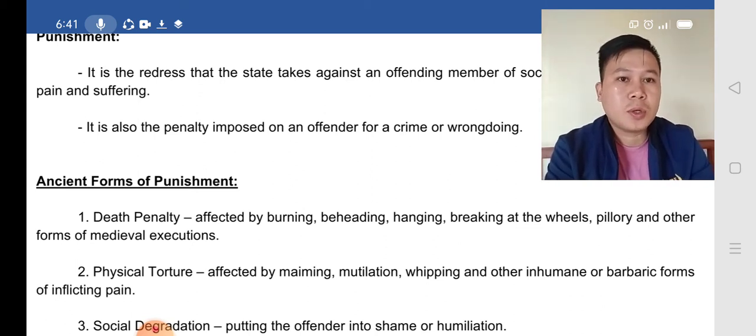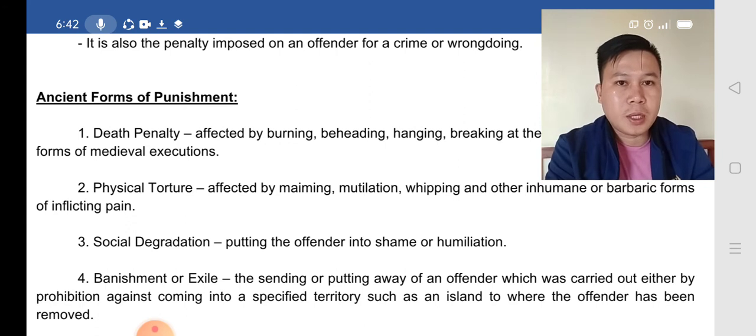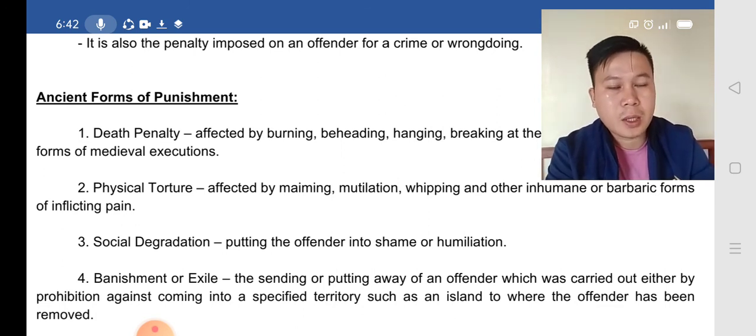And physical torture affected by maiming, okay, mutilation, some parts of your body, puputulin. Halimbawa, yung tao is pinupulupot, so whipping and other inhuman or barbaric forms of inflicting pain. So yan ang physical torture. Number 3, social degradation, kung saan ang isang tao is pinaparada, tapos may nakasulat halimbawa na banner sa kanyang katawan. So yan yung mga